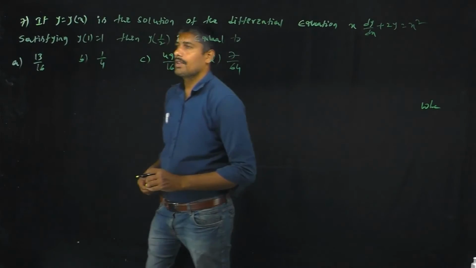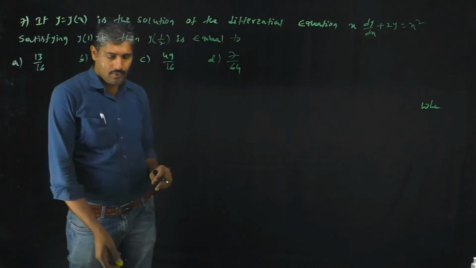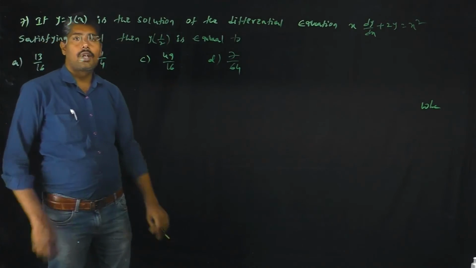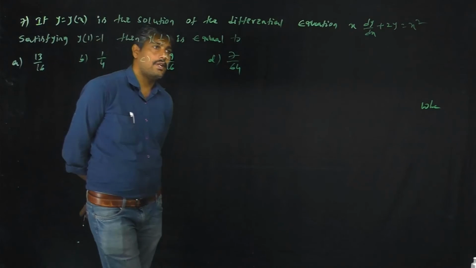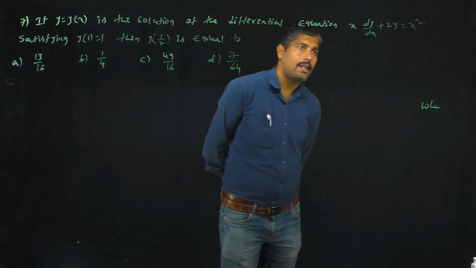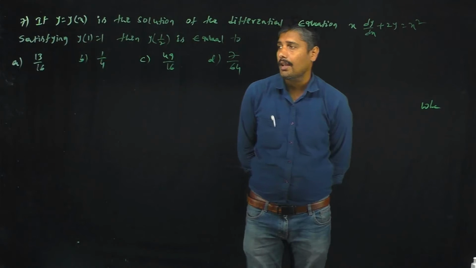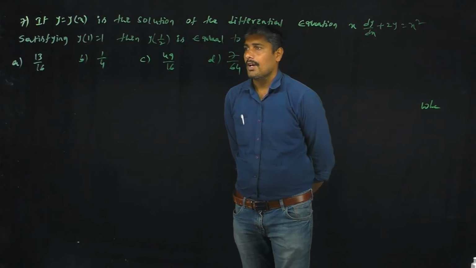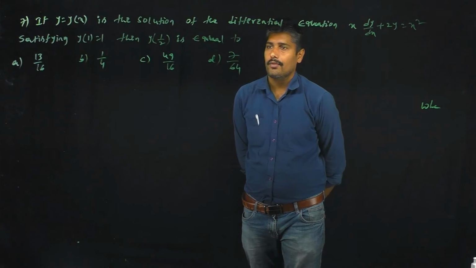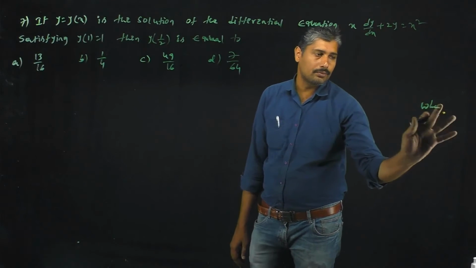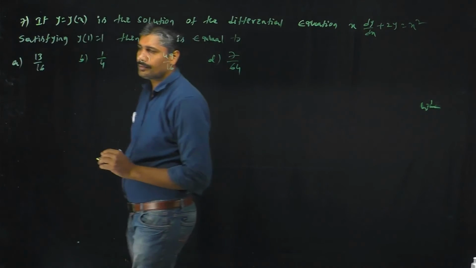Right? Next one, see, if y equal to y of x is the solution of the differential equation x dy by dx plus 2y equal to x square, satisfying y of 1 equal to 1, then y of 1 by 2 is equal to, see here,